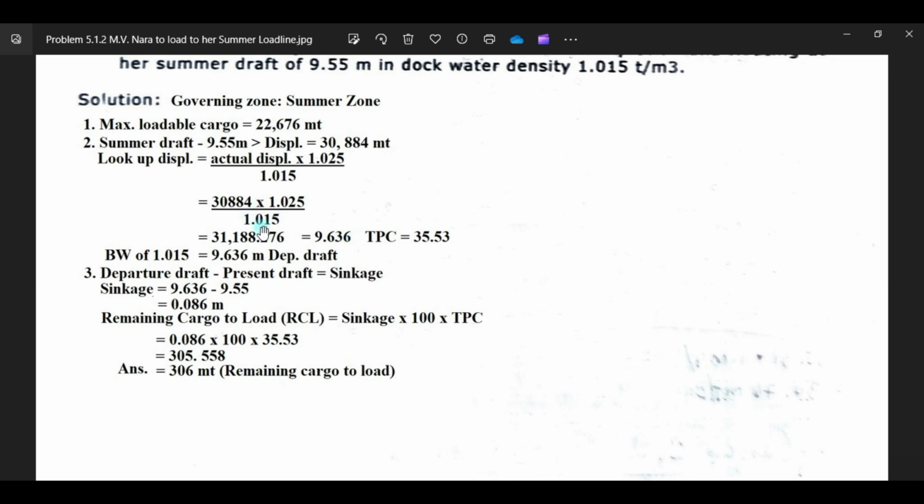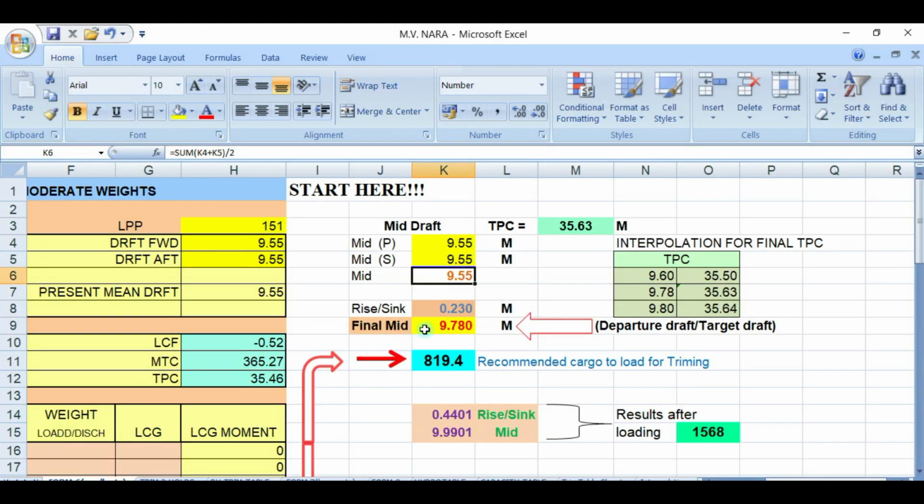and your departure draft of brackish water is 9.636. Okay, so we put here 9.636. So your departure draft of 9.636 minus your mid draft, you will have a sinkage of 0.086.